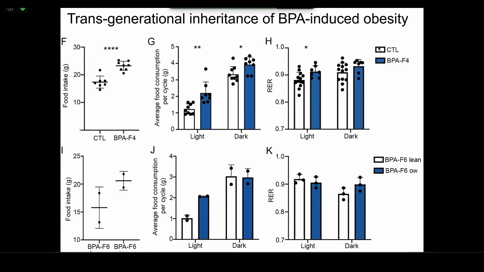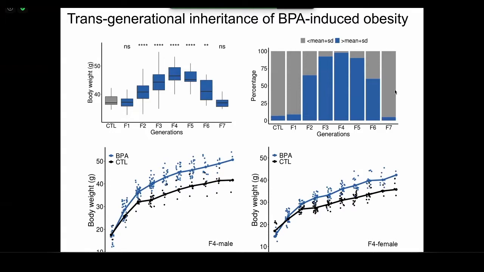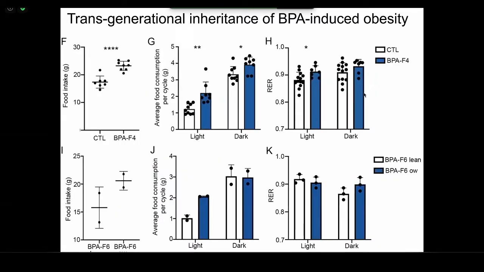And so in many of my slides, I'm going to compare control to, for example, the BPA F4 generation, but I'm also going to compare mice from the F6 generation, the ones that are lean and the ones that are overweight, based on what I showed you here, okay? So if you compare the amount of food that the mice are